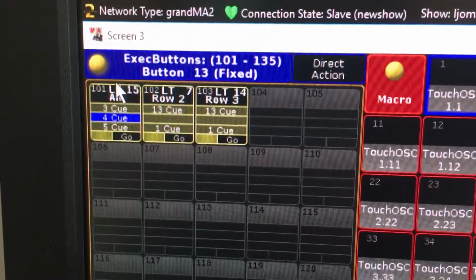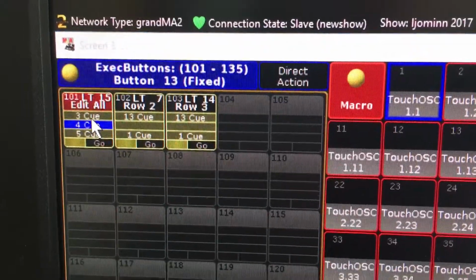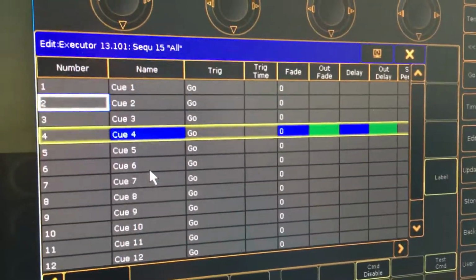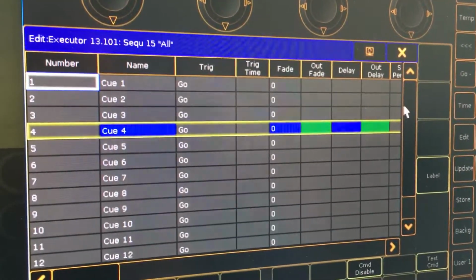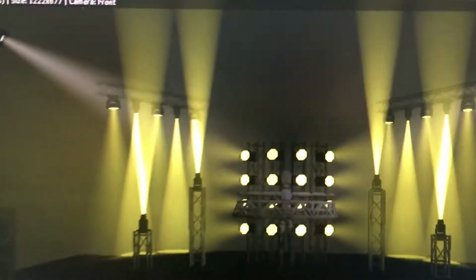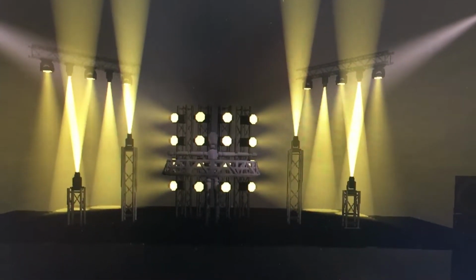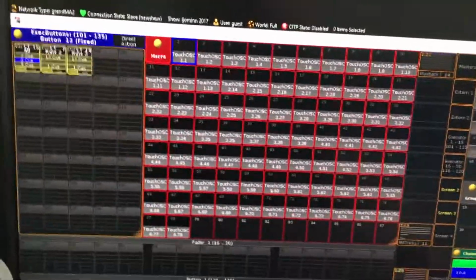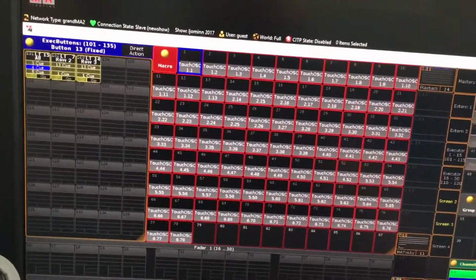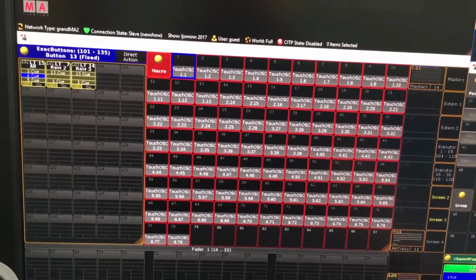one executor representing one row. So this is the top row, this is the second row, this is the third row, and then it's just a cue list, a sequence of cues, each representing a color either on all lights or a color on a specific type of lights. So to make all of this happen, in the beginning, first when I was trying it out, I had to go in and